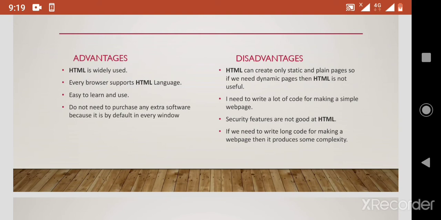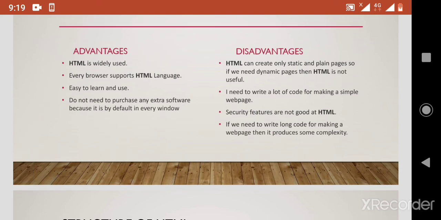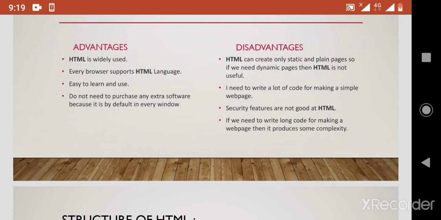Looking at the disadvantages, HTML can create only static and plain pages. If we need dynamic pages, HTML is not useful. We need to write a lot of code for making a simple web page. Security features are not good in HTML, and if we need to write long code for making a web page, it produces some complexity.